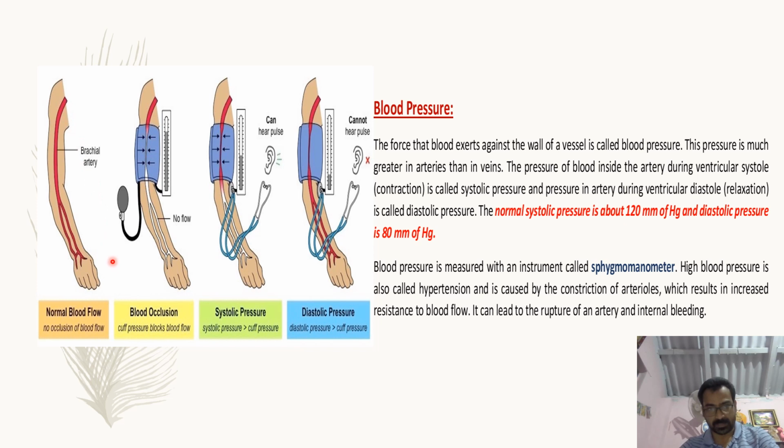You can understand it by this diagram. This is the normal blood flow through the artery. Now what happens? How do we measure it? This is the cloth pad that is wrapped over the arm. This is the measurement system. Now this is the pump. So whenever air flows into the space of the pad, it exerts pressure on the artery wall. Naturally, the artery wall will also exert pressure oppositely, and that is measured.